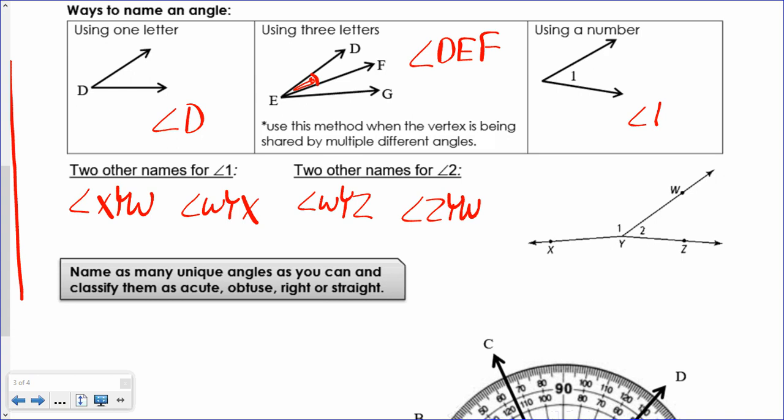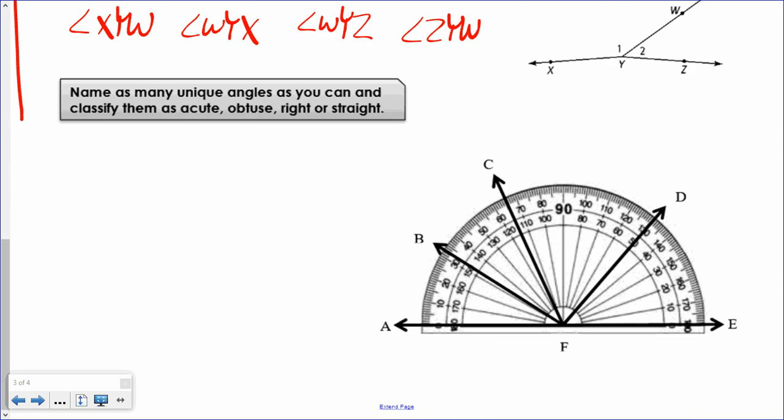Alright, so not only do you guys need to know how to name angles when you're looking at a diagram, you also need to know what angle I'm referring to when I give you the name. So in this last activity, I'm going to come up with maybe 2 angles, and then you guys are going to come up with a couple. We're going to find them on this picture, and we're going to figure out whether they're acute, obtuse, right, or straight. So the first one I want you guys to look at is angle